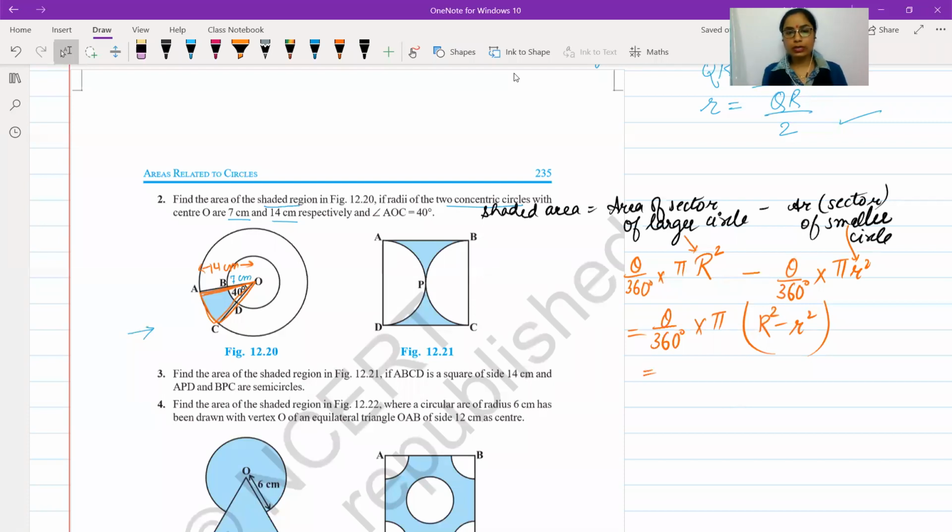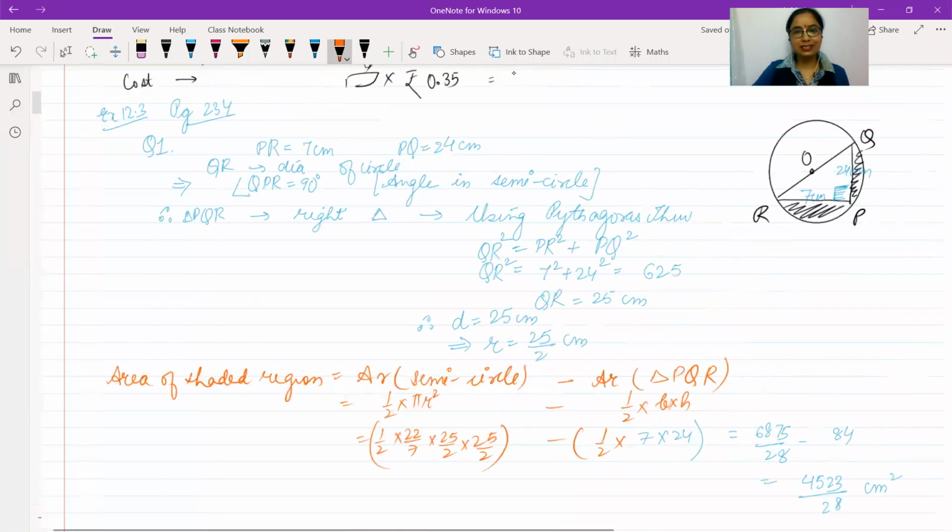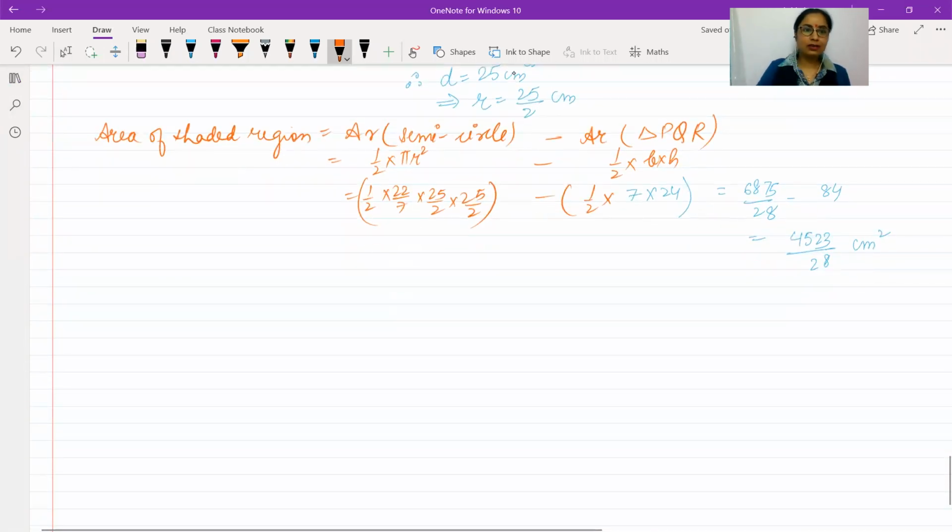You need to just see if you understand how we are working out the area. How are we finding the area? After that, you have to do the calculation yourself. Even if right now I do it with you, in an exam you have to do it yourself. I'm not drawing the figure for this. I'm simply writing down the answer. You can draw the figure.